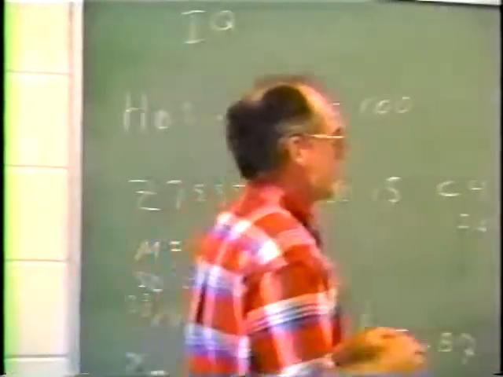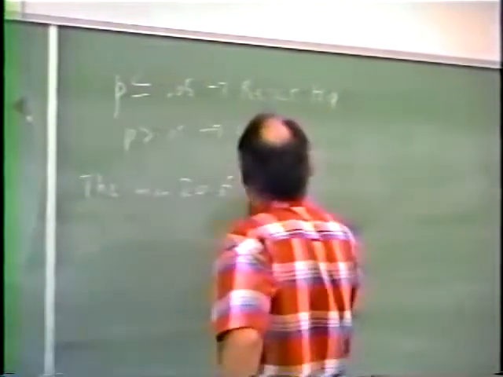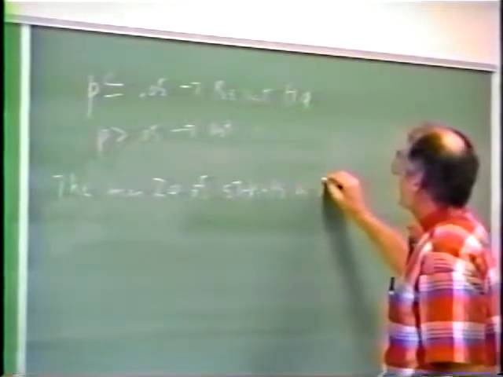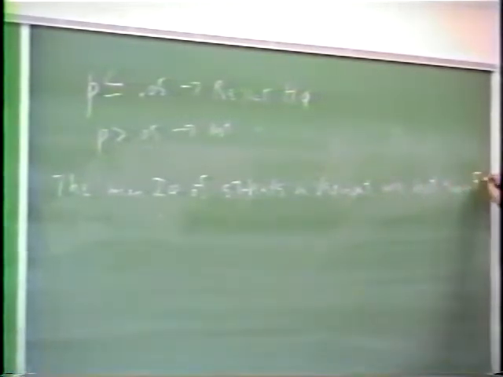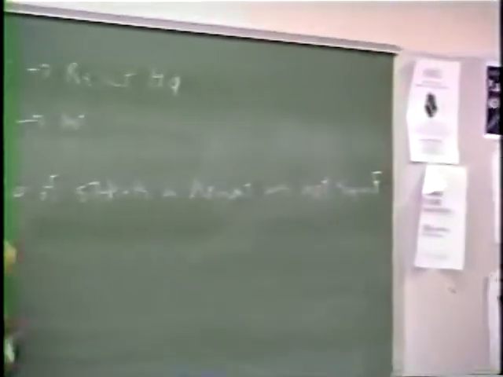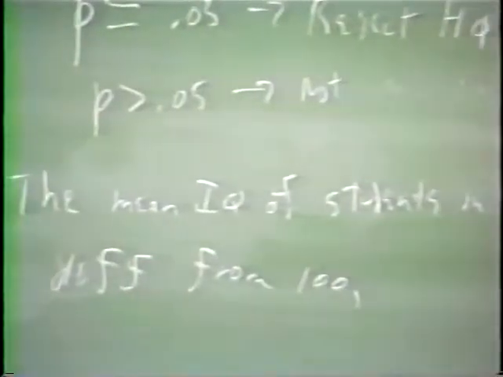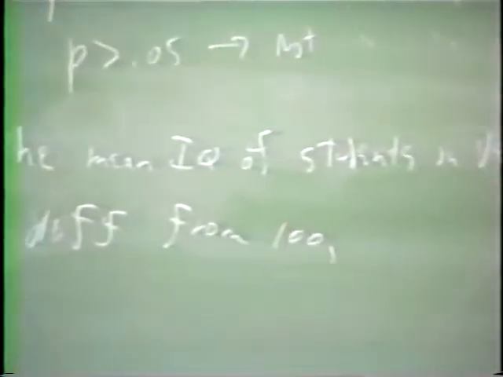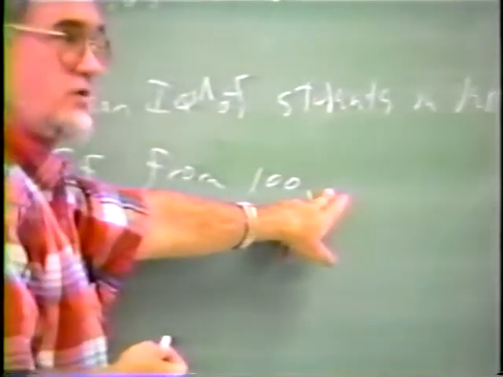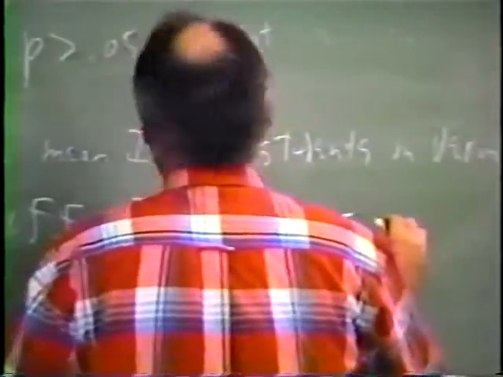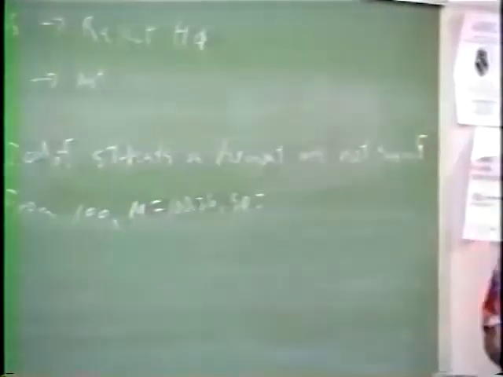And in terms of a summary statement, we might say the mean IQ of students in Vermont was not significantly different from 100, comma. Now, we should give the sample mean and standard deviation. We could do that right here, or we could do it up here, right after mentioning the variable. I'm going to just go ahead and do it here. Mean is equal to 100.26. Standard deviation is equal to 12.98,